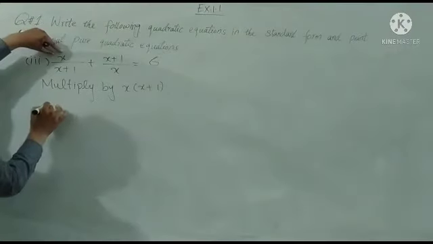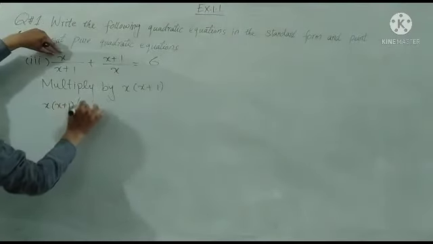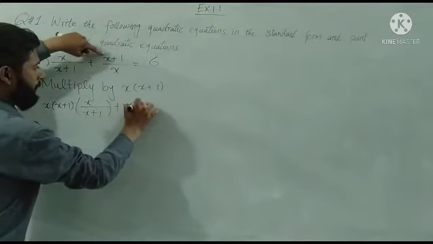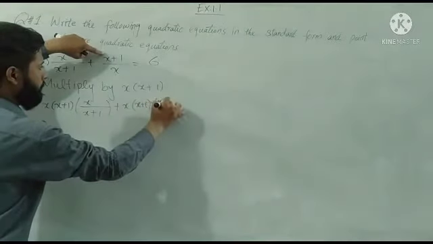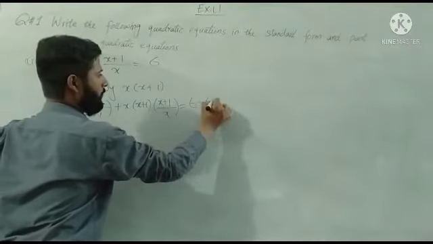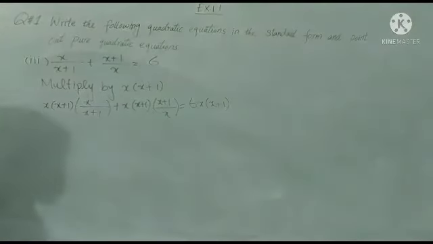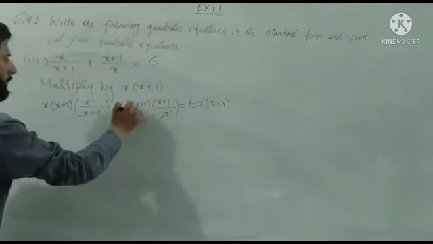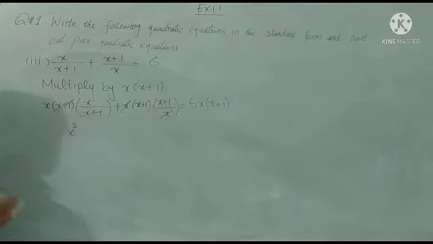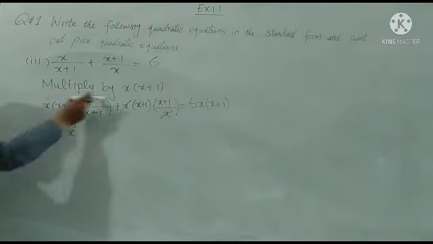So the first value we will multiply by x into x plus 1, this value also will multiply by x into x plus 1, and this value also will multiply by x into x plus 1. So beta, this x plus 1 will cancel with this, x will cancel with x. Now we multiply them: x multiplied by x gives x squared. Whenever the numbers are multiplied, we add their powers. Its power was 1, its power was also 1. So 1 plus 1 is 2.